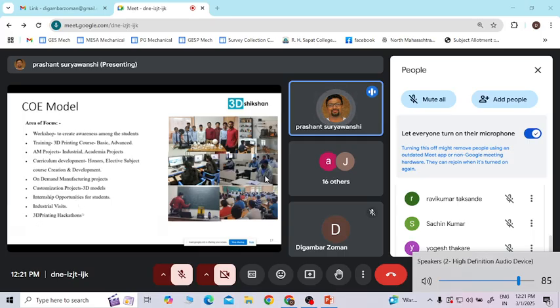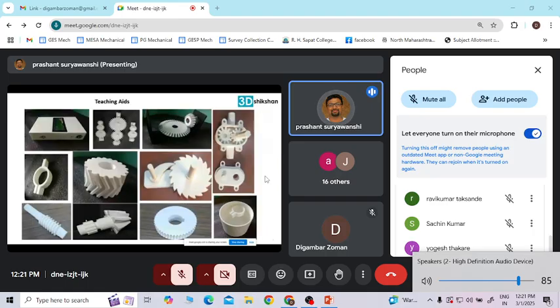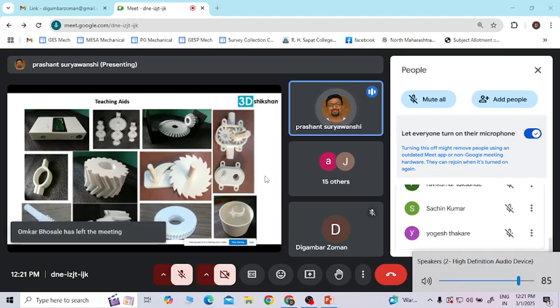An industrial visit, as I already said, is for exploring students to the practical world of industrial-level 3D printing. So we carry out industrial visits and hackathons. As you know, 3D printing is extensively used in hackathons, whether in EV or anything. These are the teaching aids, and all the parts are made by the ITI professors. We just help and guide them.